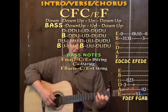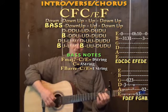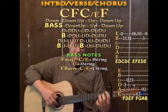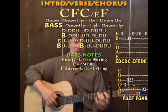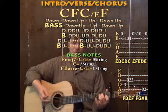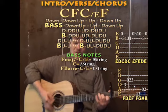you could play 3 on the A, open D, 2 on the D, 3 on the D, and then you could go low E on the first fret, and then 3rd fret on the low E, and then open E, A, and then 2 on the A. So if you wanted to throw in those notes, you might want to try doing downs through that part,